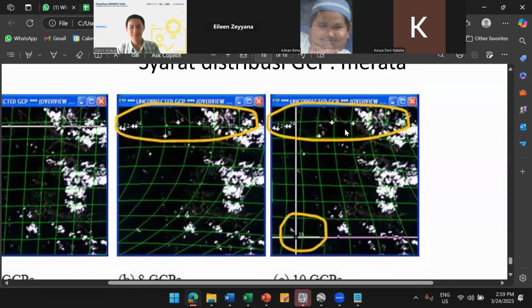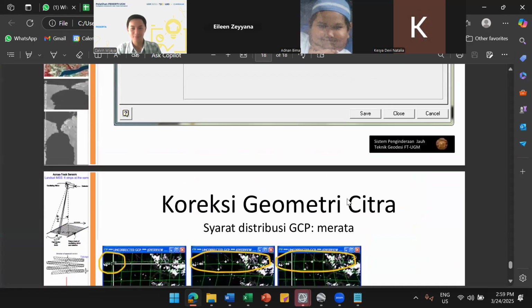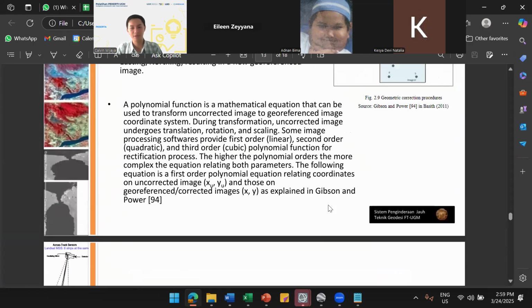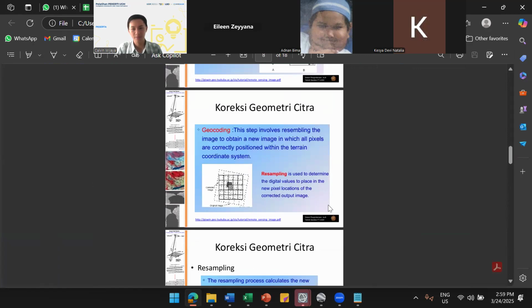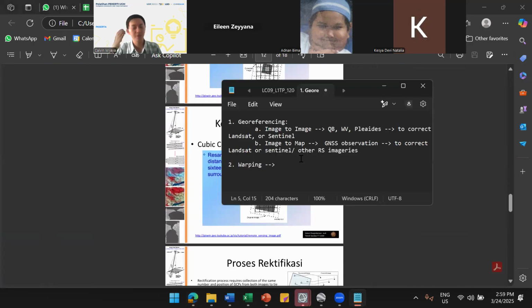Like warping. And there are three types of warping methods you can use in ENVI. Maybe I will demo the process later, but this is the second step of how we can do the geometric corrections. Okay, that's all the materials you need to know. So the first one we need to do is the georeferencing, and the second one is to do the warping.